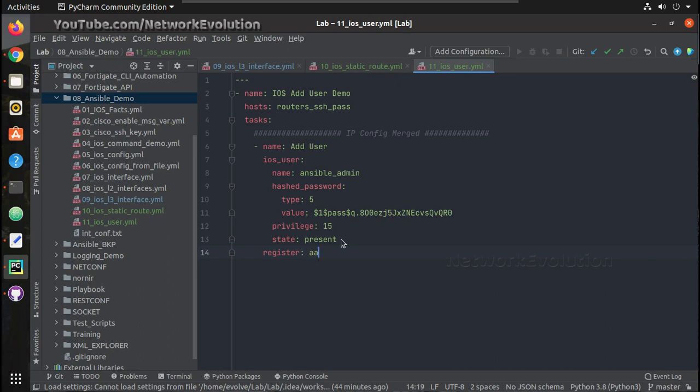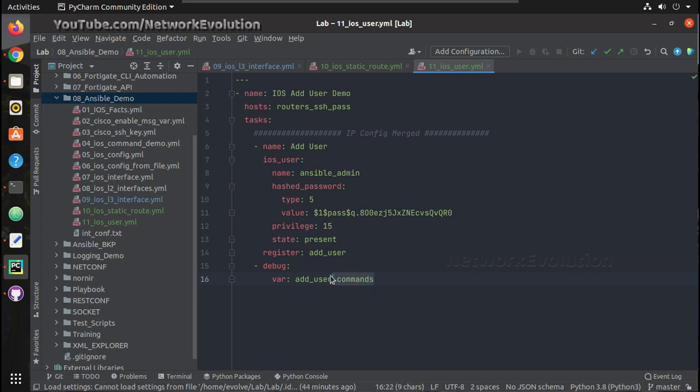Then we need to register this as a variable. To print the command, I will call that add_user, and then we can do a debug print here, add_user.commands.